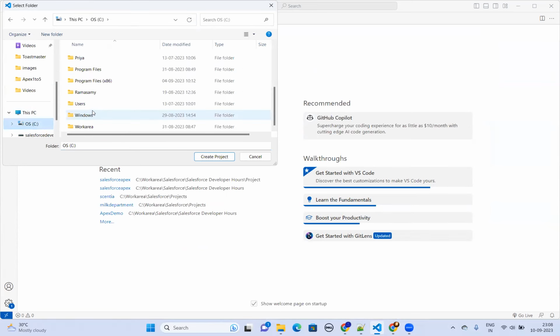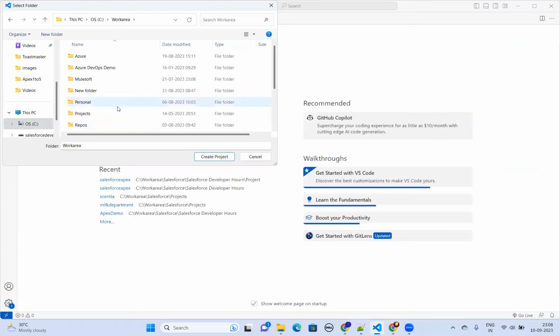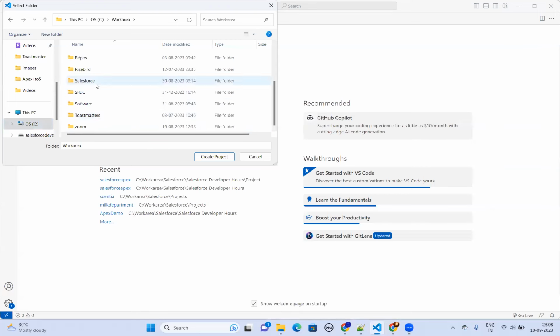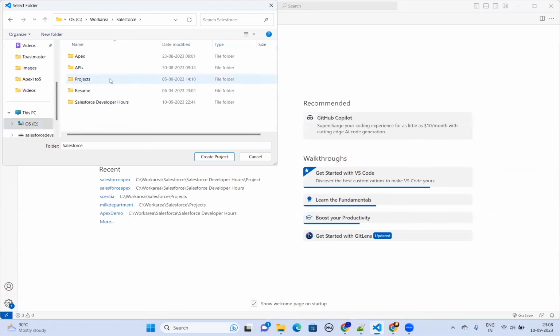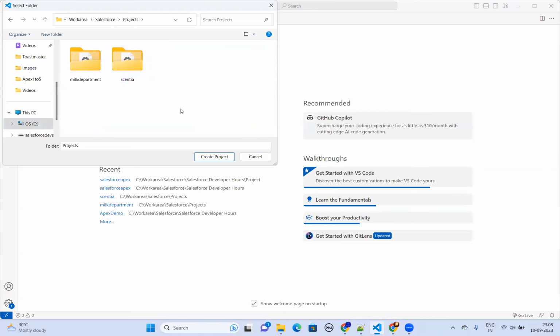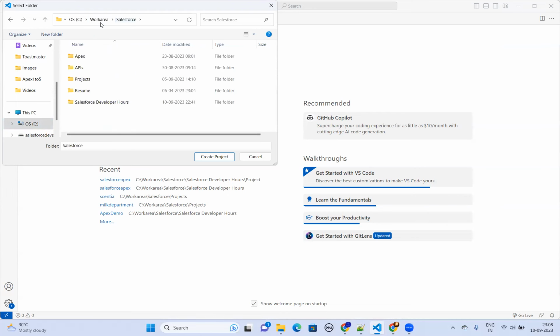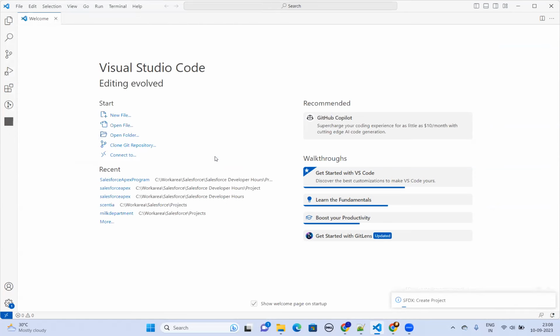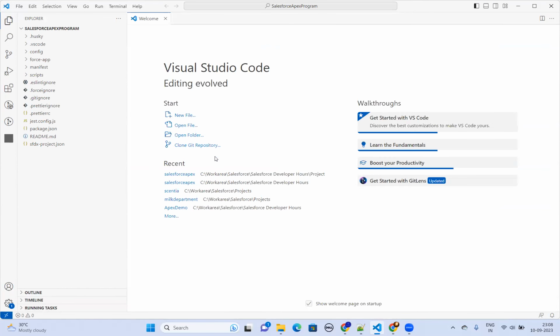I go to my work area, then I go to Salesforce, then to the project. Okay, I go to the Salesforce Developer Hours, go to the project. Then I am going to create my project. Once the project is successfully created,